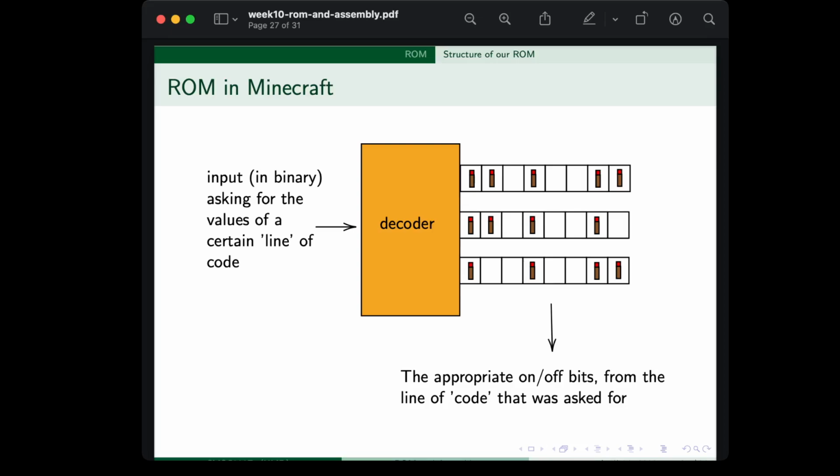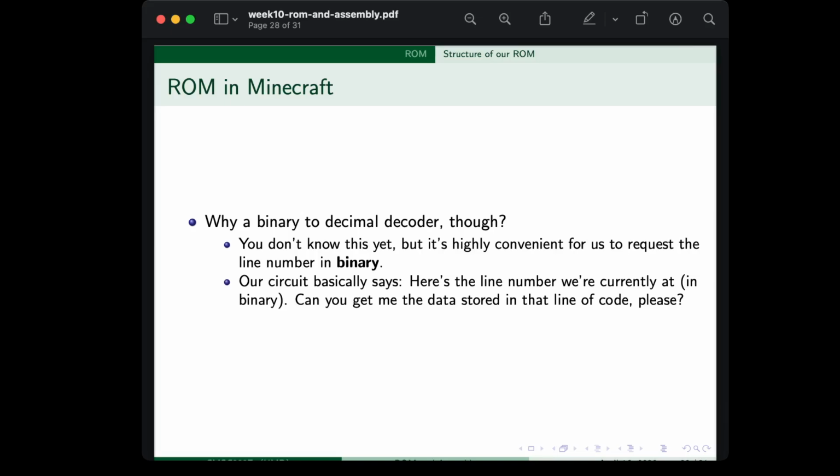But yeah, if we say, coming in here to this decoder, okay, I want 1 0, this thing is going to say, okay, sounds good. And it's going to decode and it's going to only keep these on, right? And give us the response for this line of code. Line number 2, 0, 1, 2, right? So that's at a very high level how that works. And of course,